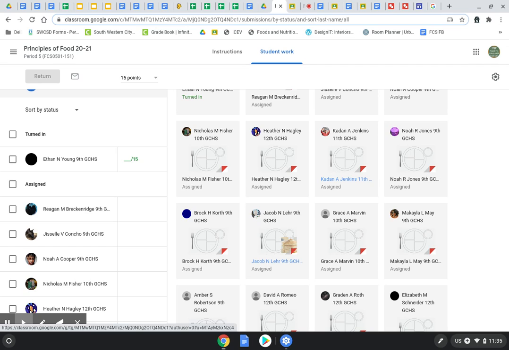Home fries are going to go... What food group are his home fries going to go into? Can anybody tell me? Not grains. What are home fries? Potatoes. Yes, potatoes. Okay. And so what food group do our potatoes go in? Anybody know? Where do we keep our potatoes? Vegetables. Good job, Kaden.